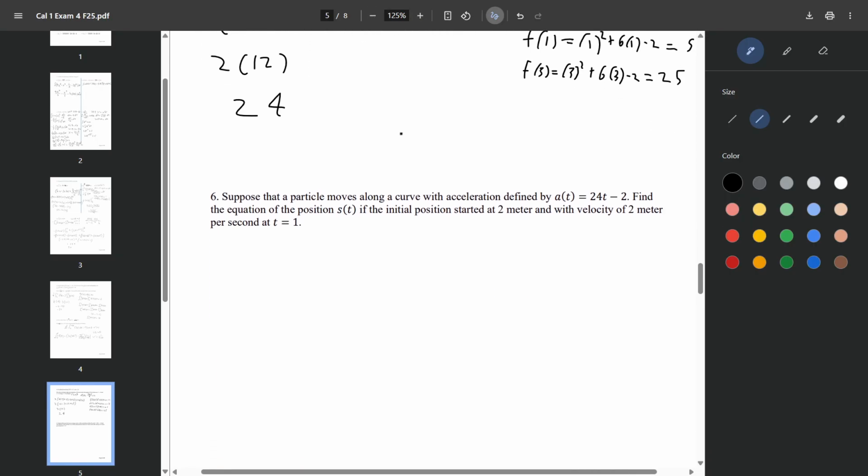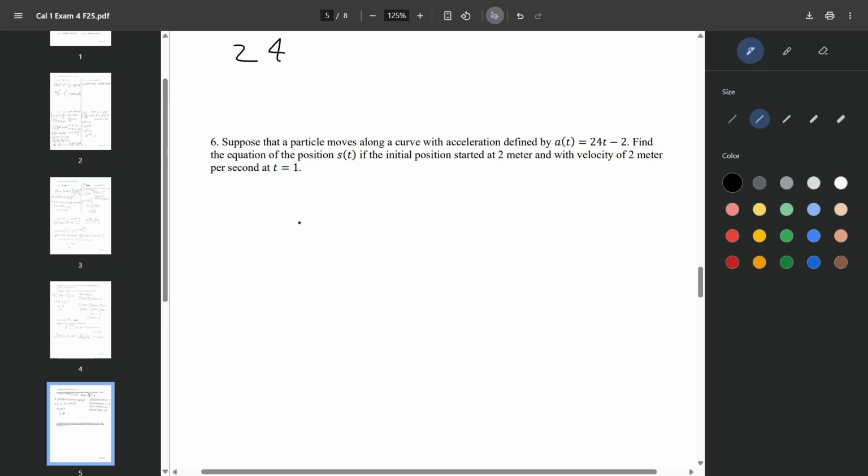Alright, now next question, number 6. Suppose that a particle moves along a curve with acceleration defined by a of t equals 24t minus 2. Find the equation of position s of t if the initial position started at 2 meters with a velocity of 2 meters per second at t equals 1. So we will start off by having a of t. So a of t equals 24t minus 2, and they want us to find s of t. And if you remember,